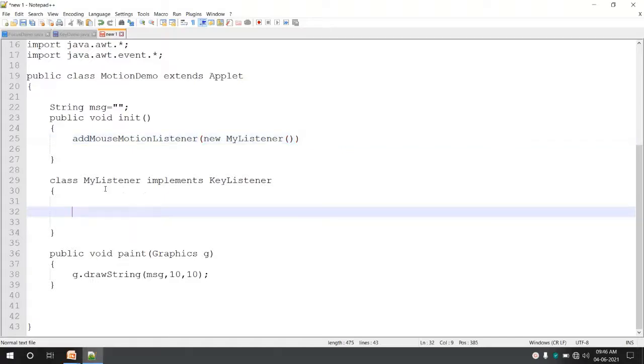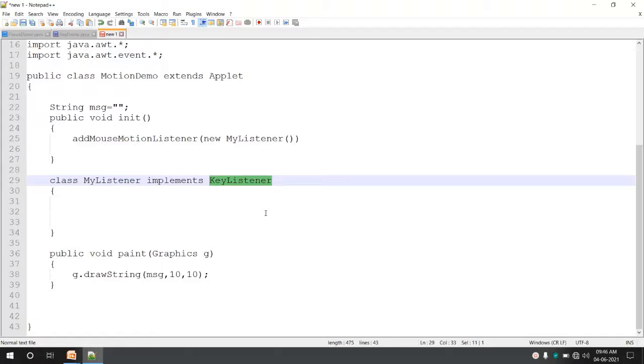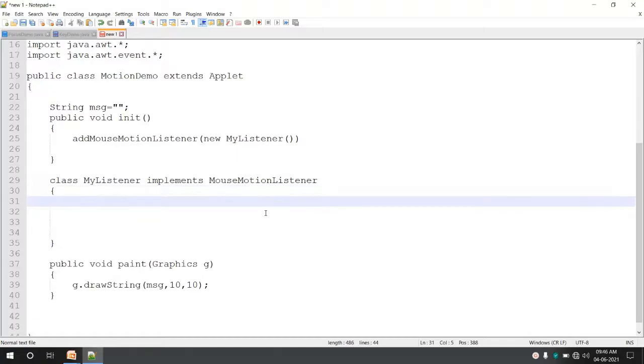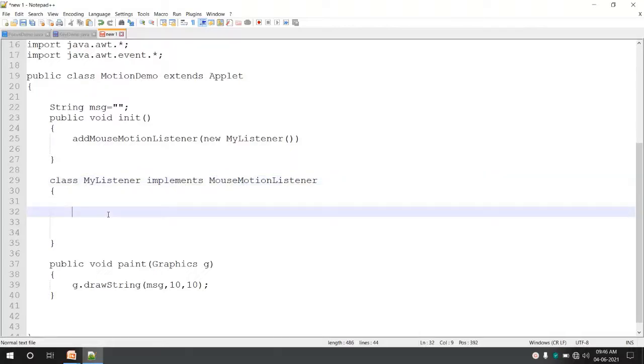Okay, so this is our listener class, and this class should implement MouseMotionListener. As this class implements MouseMotionListener, all the methods of MouseMotionListener have to be redefined here.